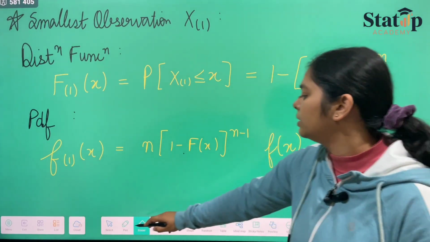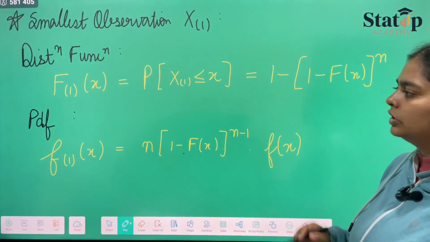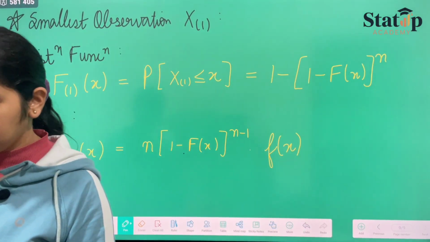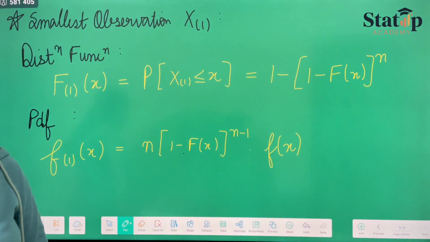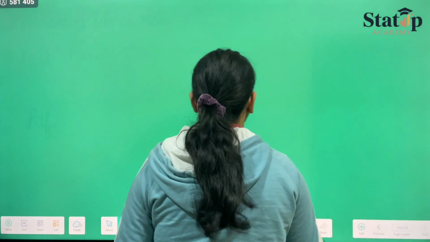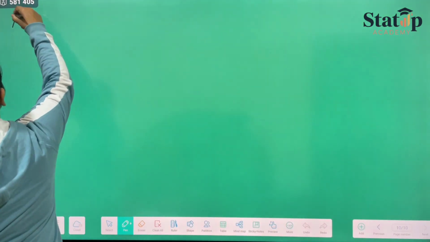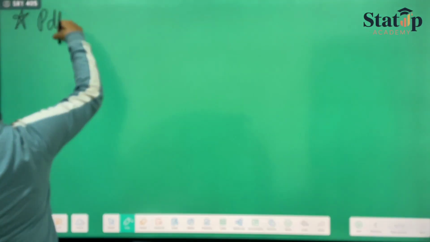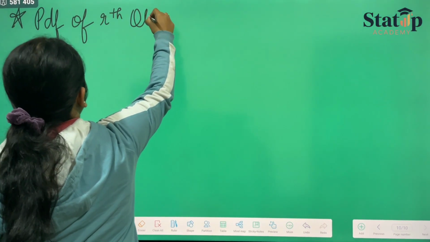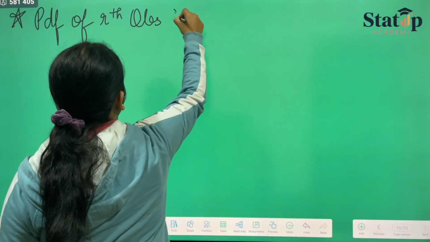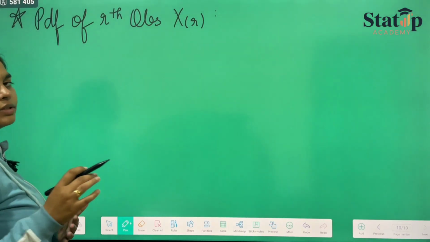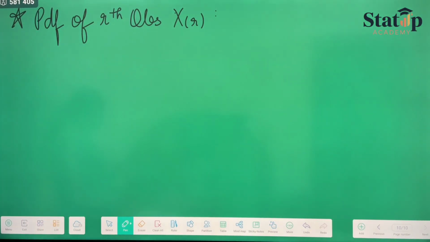This is in multiplication. This is our PDF for the smallest observation X1. And if we have to find out the PDF of the rth observation in the order statistics, which is denoted by Xr, if we have to calculate that, there is a direct formula. I'm telling you that it is